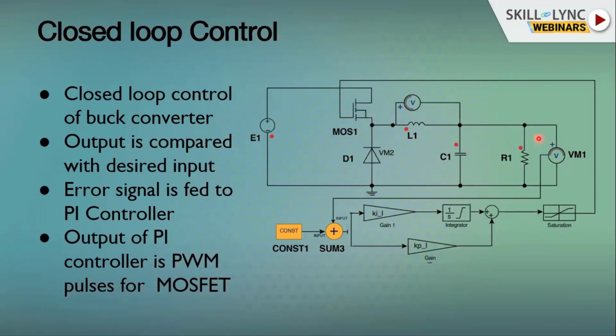So how are you going to decide what the duty ratio will be, and continuously vary it? In that case, you need to design a closed loop control such that your duty ratio will be automatically selected based upon your load requirement. So here is one very simple example of closed loop control where you are measuring the voltage at the output, right? And you have the input voltage requirement. Now, with a comparator, you will find the error at this point.